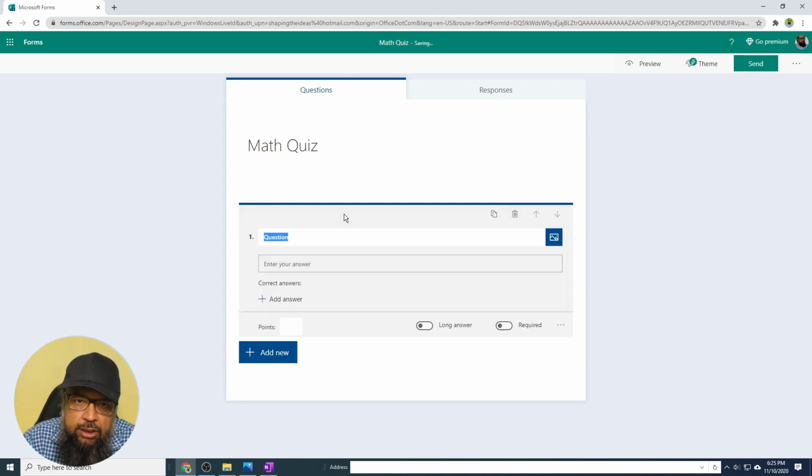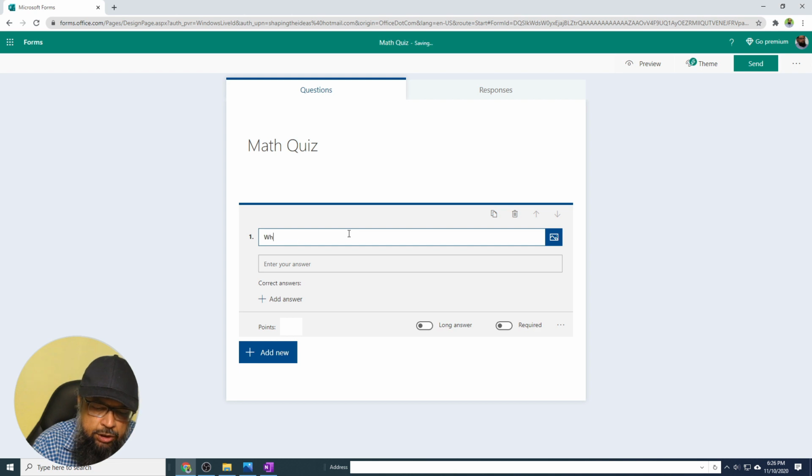So I create a text question and I type any question, and now there are two other options you might want to select. You want these questions to be a required question so that students must answer this question, and you can also turn this to a long answer question or an open-ended question. But this is the type of question which I have already discussed and we are not going to create in this quiz.